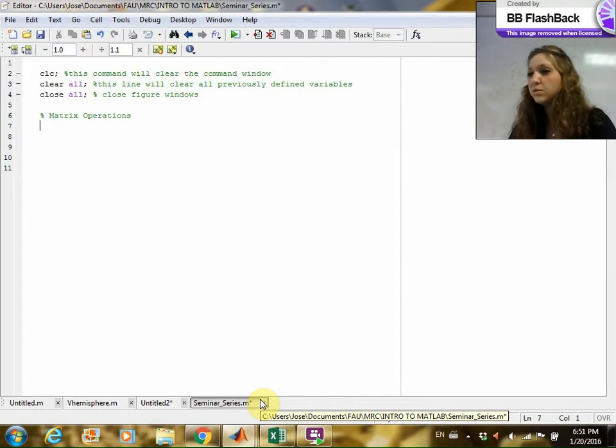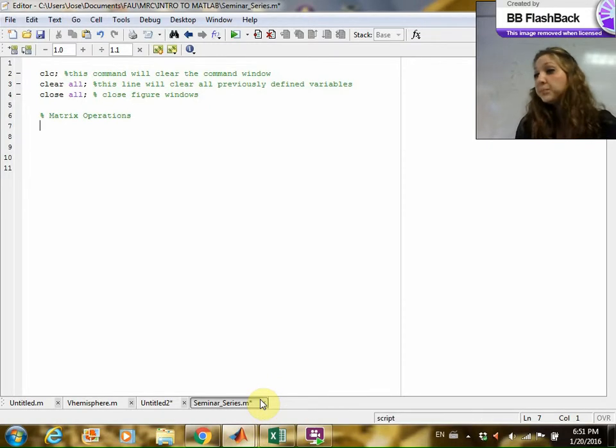So for those of you who don't know, a matrix is a rectangular array of numbers that contains various elements. Matrices obey the rules of addition, multiplication, subtraction, and there are certain ways to define those in MATLAB. So first I'm going to create